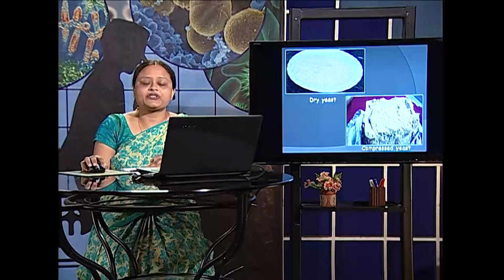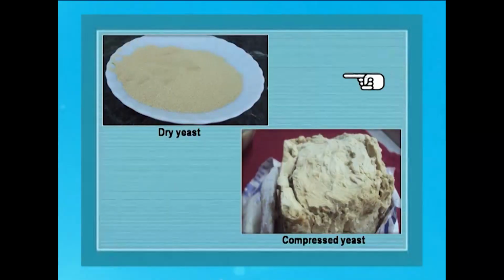In the industry, we generally use the two forms of yeast, dry yeast and compressed yeast. Mostly, bakers prefer compressed yeast for their baking process. This is a wet preparation, while this is a dry one. This takes some time to revive, while the wet ones are easier working and take less time. So most often, compressed yeast, called baker's yeast, found as packed loaves, is used in the baking process